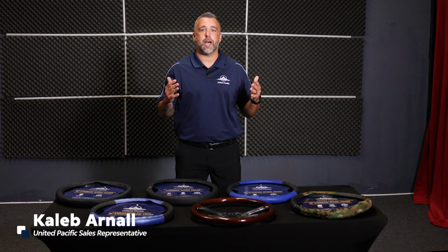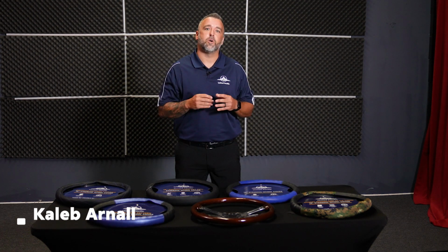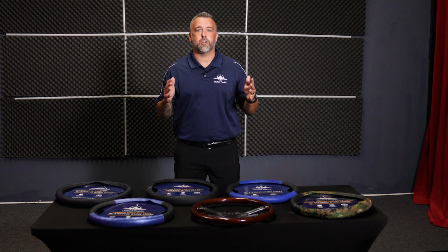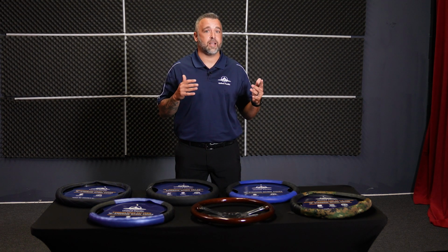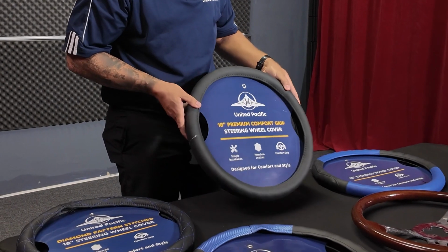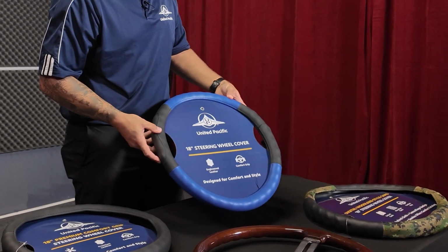Today, we're exploring the options to enhance your steering wheel with United Pacific's range of steering wheel covers, offering both style and comfort for your truck. Our steering wheel covers come in a variety of different styles to suit your preferences. Choose from durable black leatherette for a classic look, or opt for exciting colors, perforations, and stitching patterns to match